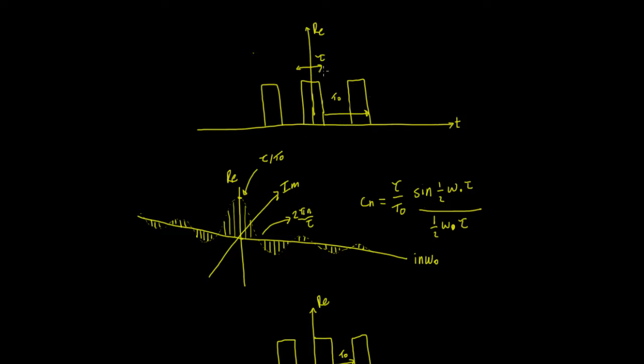Now we went through the derivation on the last video and we worked out that the height here, which we'll call Cn, is given by this function here, tau upon t0 sine a half omega naught. It's actually an n there as well, n tau upon a half omega naught n tau. Now when we draw that out, I've drawn it out in 3 dimensions because unlike the time axis,